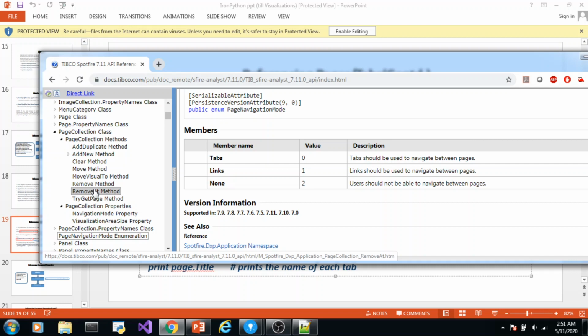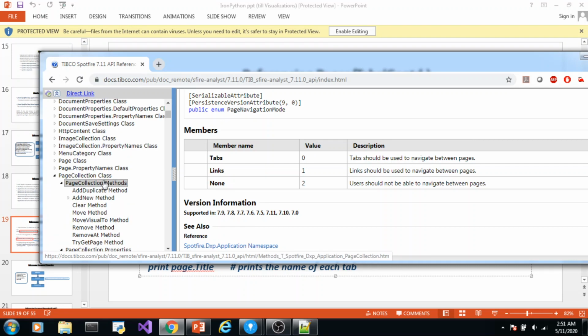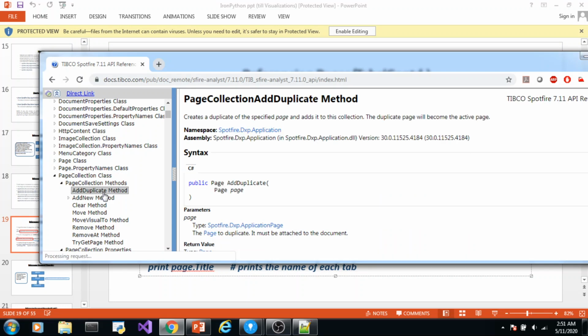So we have to pass the page object as parameter, not the name of the page, which is of string type. If you look at the definition of the function, add duplicate, it takes a page type, page object, parameter.